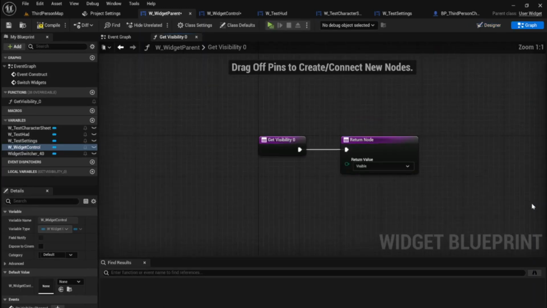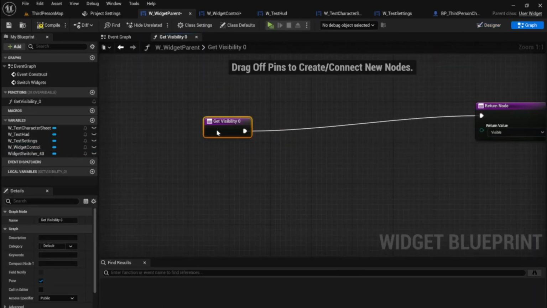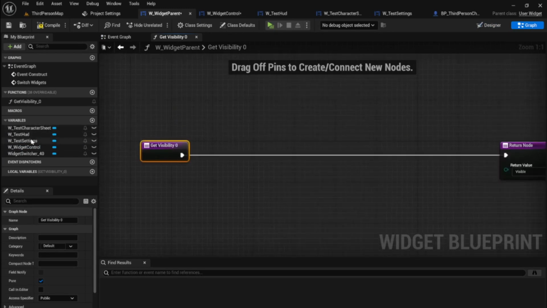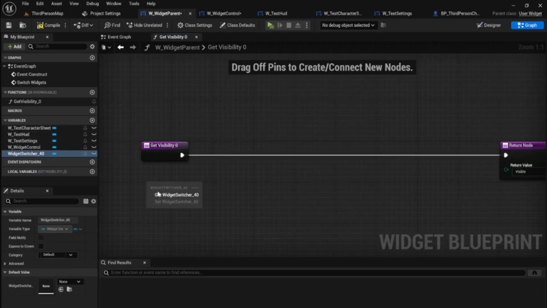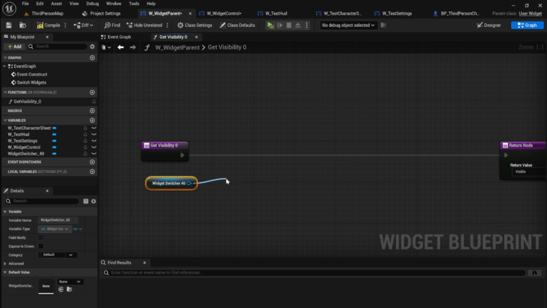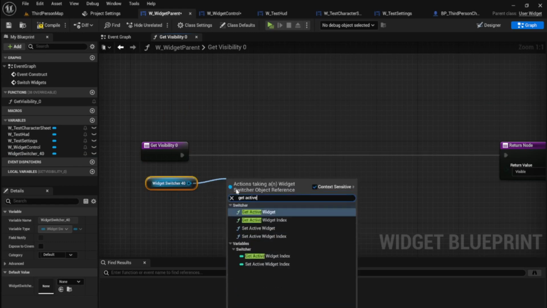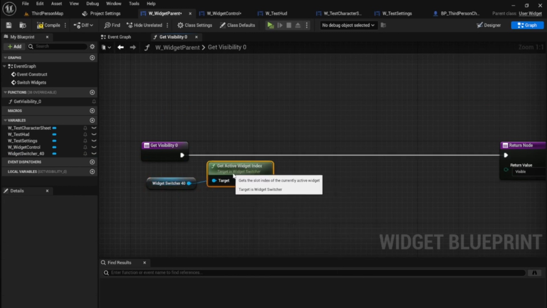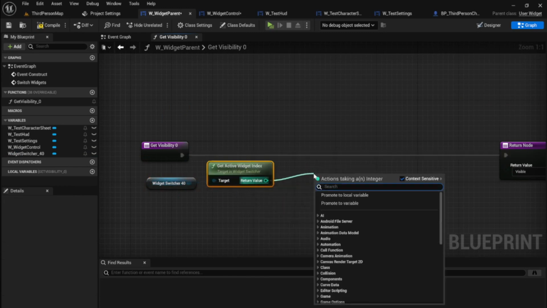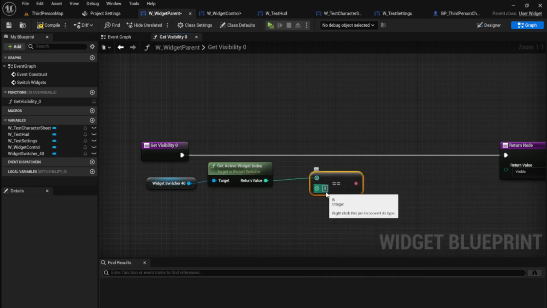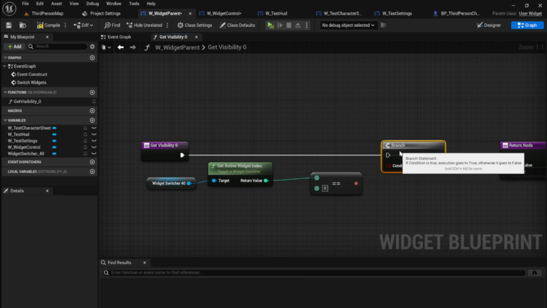We can create a binding here, and we can get our widget switcher, and we can get active widget index, do an equal, see if it is equal to 0, hold B and click for a branch,